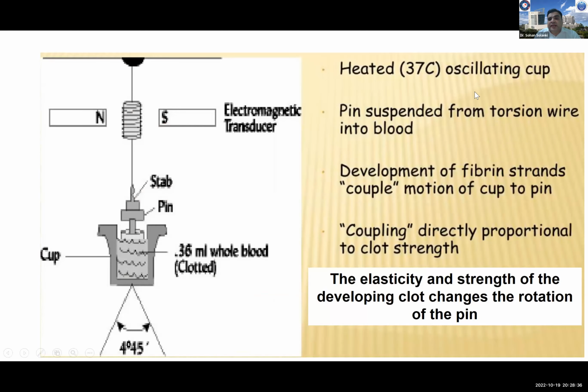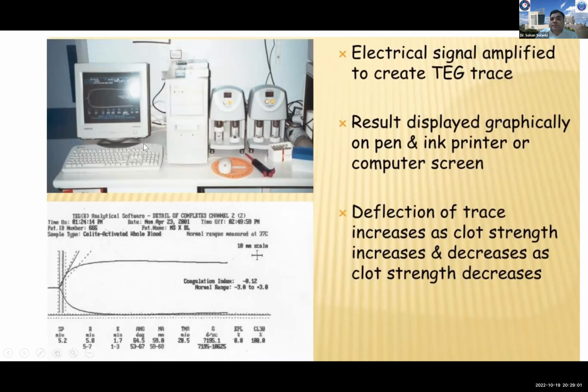So this is heated at 37 degrees centigrade, and the pin is suspended from the torsion wire into the blood. And I already told you this is the coupling action by the motion of the cup and the pin, and that coupling depends on the strength or the firmness of the clot. So ultimately, electromagnetic transducers send the signals,